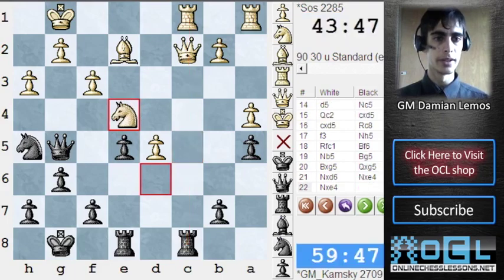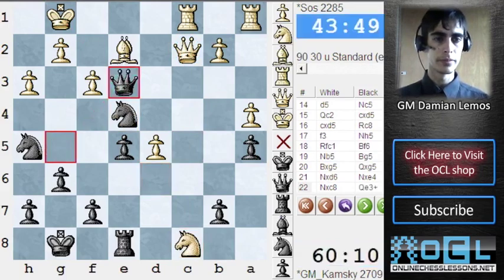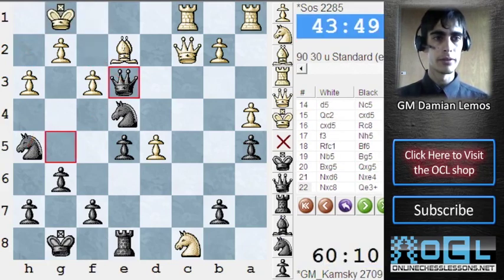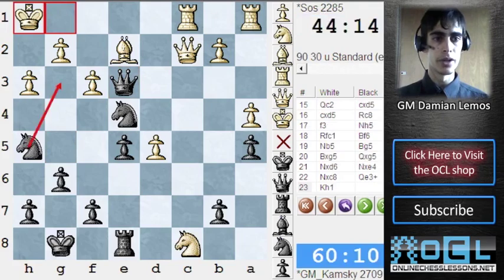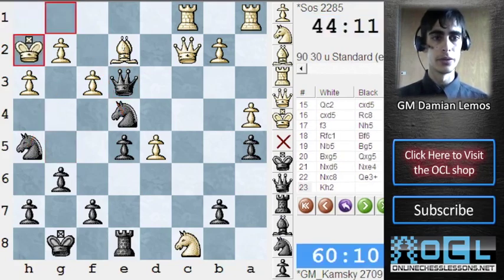If knight takes, this is a mistake, because we have queen e3 check, and then we take the queen. So knight takes c8 is the move. Queen e3. Then the only move, in my opinion, is king h2. Of course, king f1, we have the mate. And if king h1, we have a lot of checks. We probably have something here. So king h2, then unfortunately for us,